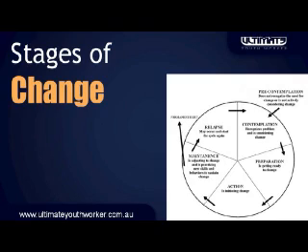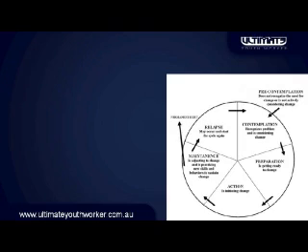If it hasn't become part of who we want to become, we see a relapse. That might be we use our substance of choice again. We fall back into the habit of hanging out with the same people, the bad influences. We stop going to class. We have a few struggles. That doesn't mean it's the end of it. It means we go back to the start. We think about our contemplation again, and we move through the stages. As you can see, a really easy conceptual model to get your head around.